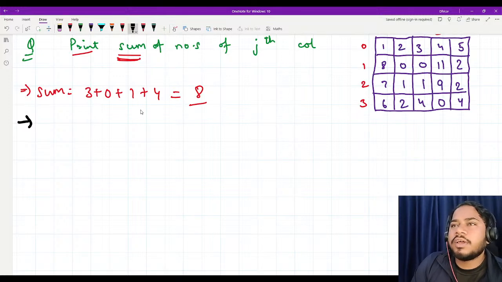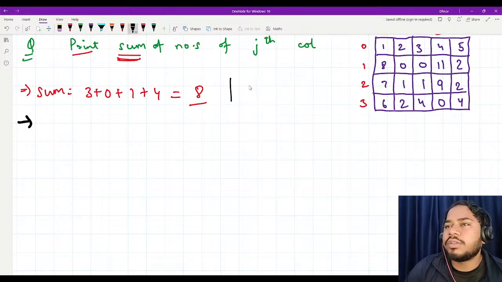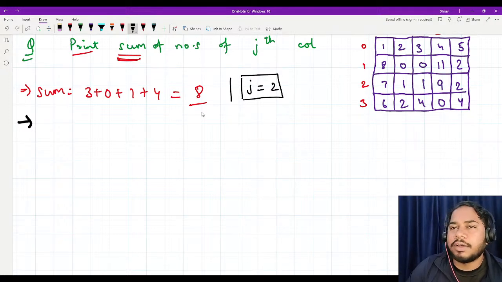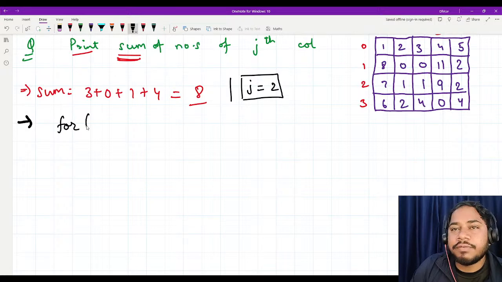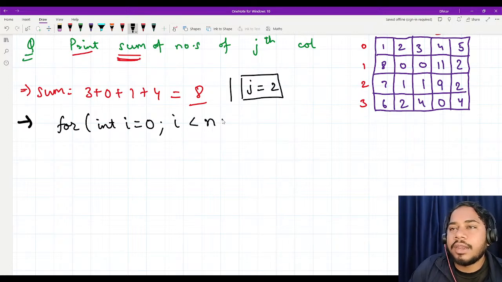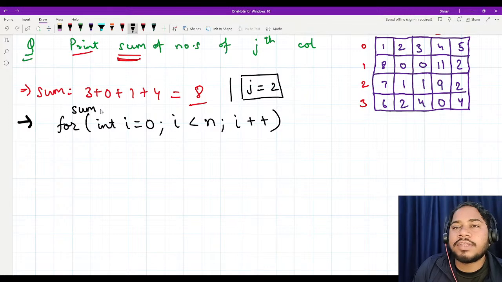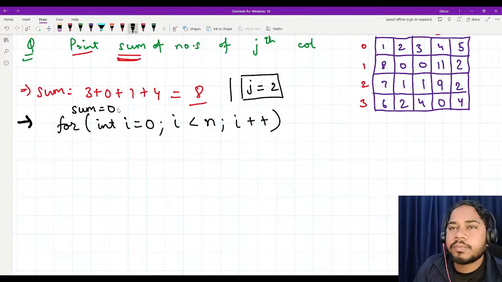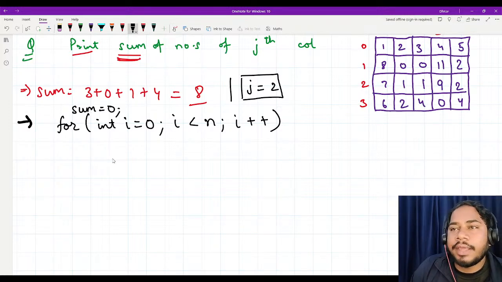So, sir, as I know, the j value is equal to 2. That is fixed. The i value will change, sir. So if the i value will change, we will write a for loop using int i is equal to 0, i less than n, i plus plus. Yes. So now the i value is changing, sir. And before that, we will have some variable outside that will be initialized to 0. Understood this? And here what we will do? In this, we will not